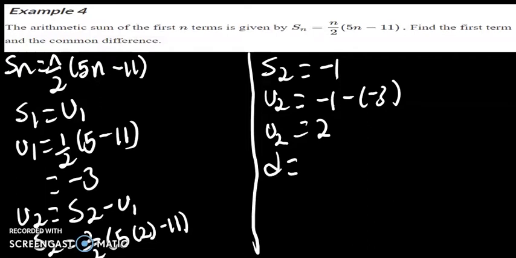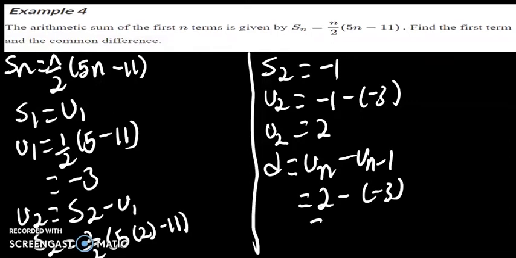But they wanted us to get the common difference. If you haven't watched the first arithmetic sequence video, I'll link it to this video. So the difference is u2 minus u1. So 2 minus minus 3, that becomes 5. So the difference is 5 for this question. And the first term we have already found, that's minus 3. So for example 5,